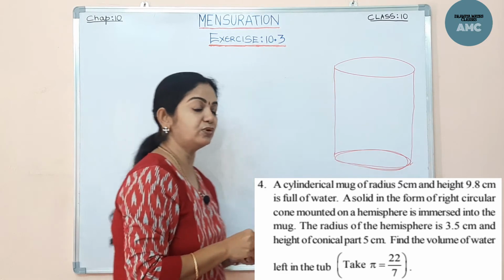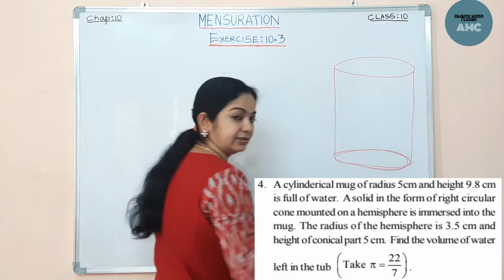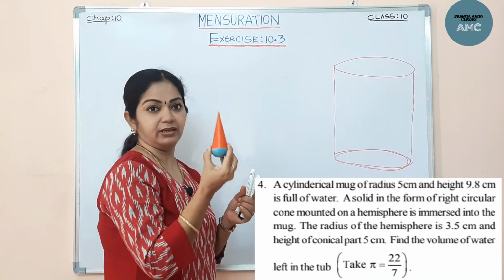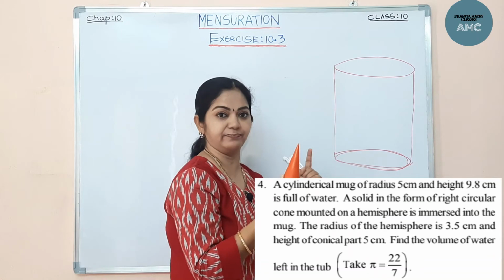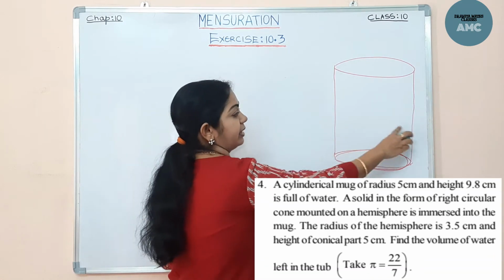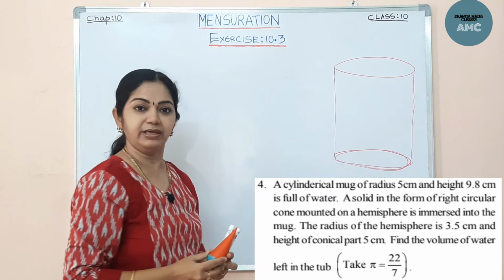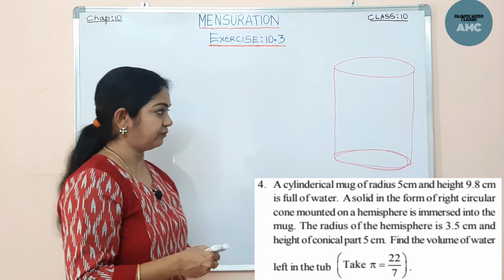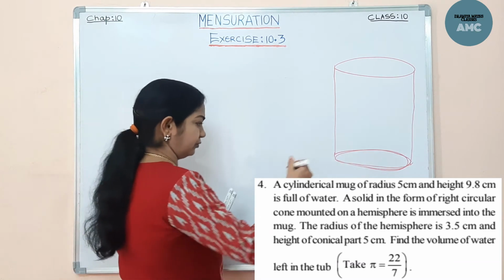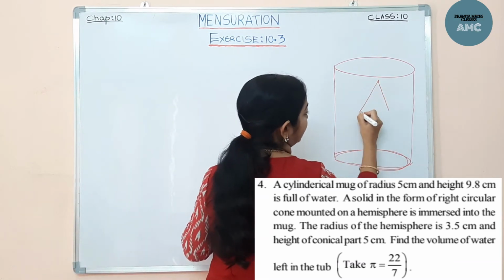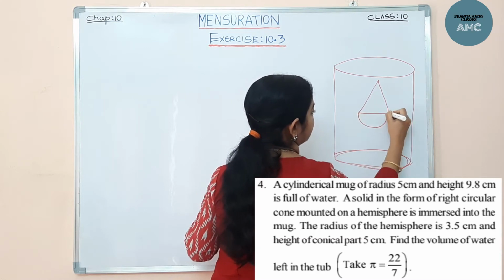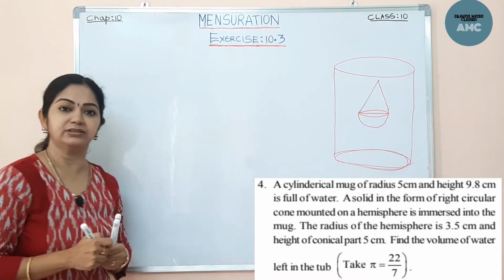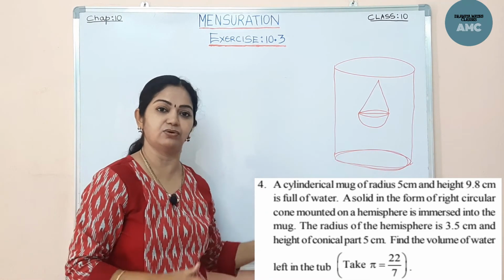So what we have to do, we have to find the volume of the cylinder and also the volume of this solid part, which is a combination, right? If you subtract both of them, then we will get the volume remaining in the cylindrical tub. So we have to find the 3 volumes, then we have to subtract. Okay, now we will note it down. Also we can draw the solid part which has been immersed here. This is the solid part immersed here. This is just a visualization of the 3D object.